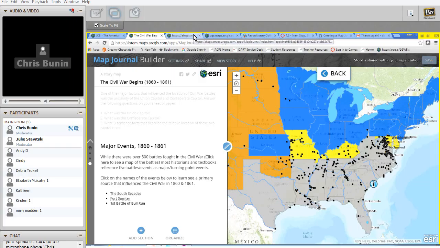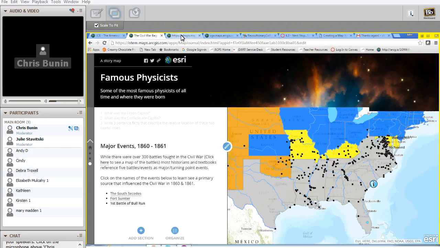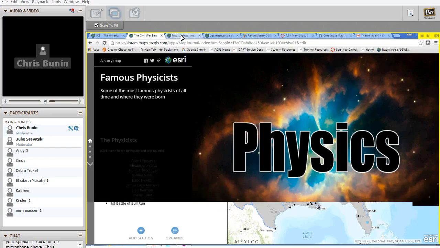The last thing I want to show you are just a couple of examples of what students and teachers have created. So this map here is one that was created by a student of mine who was looking at